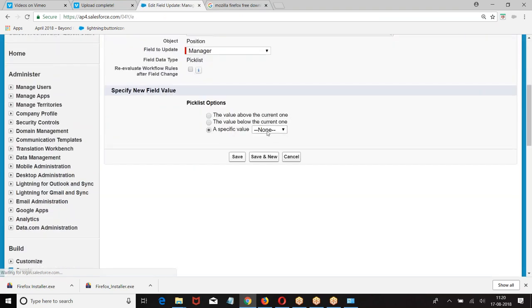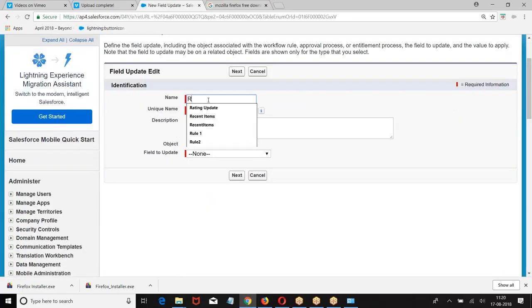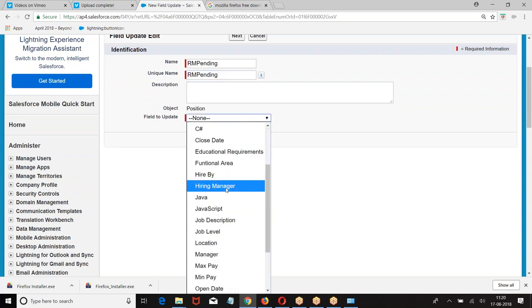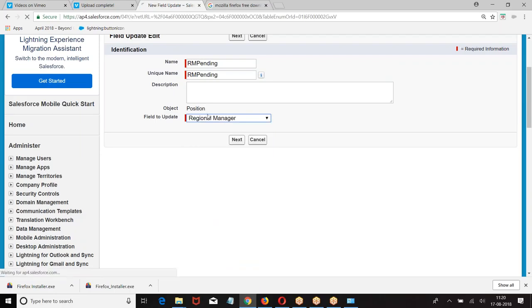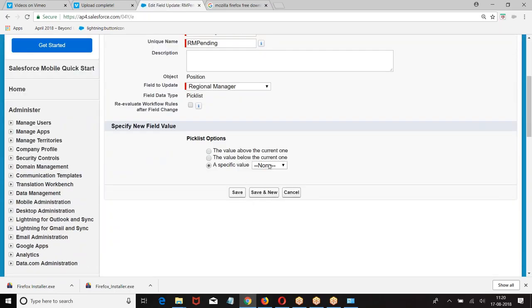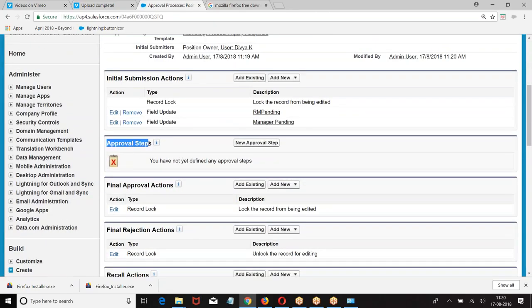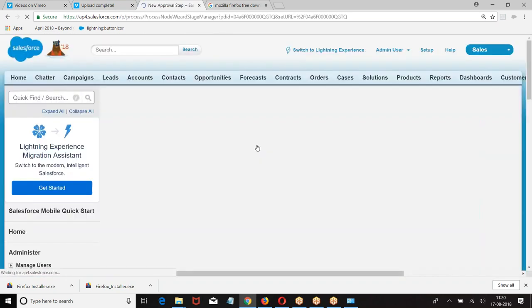RM pending. Manager pending, RM pending. Approval steps. New approval steps.